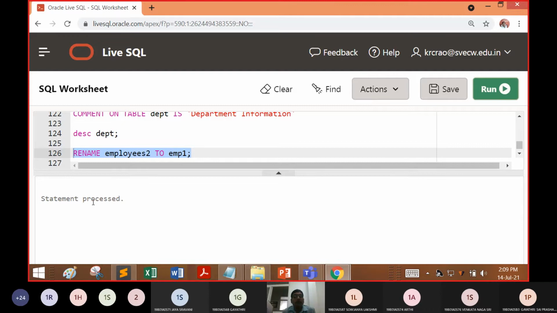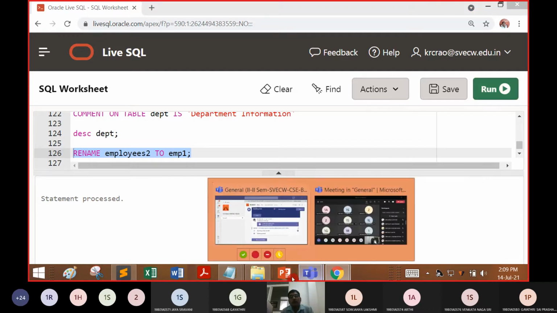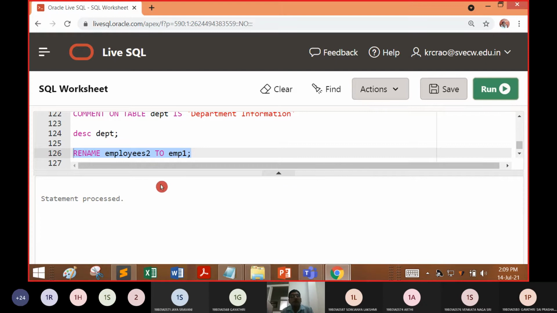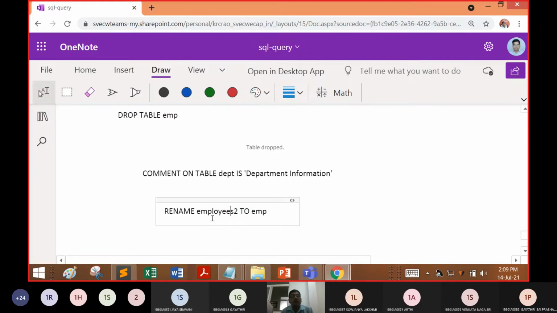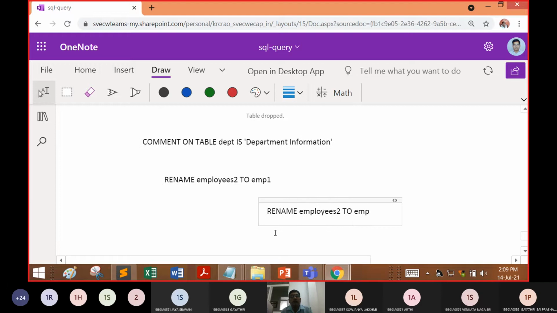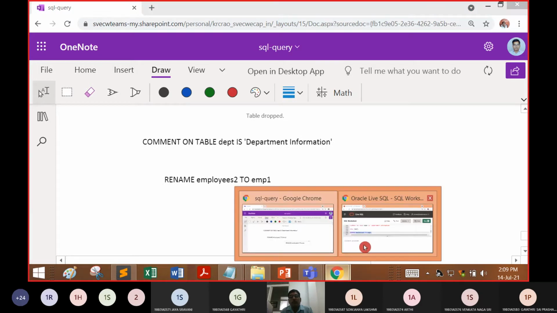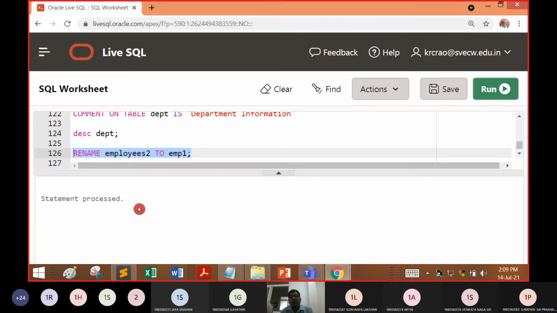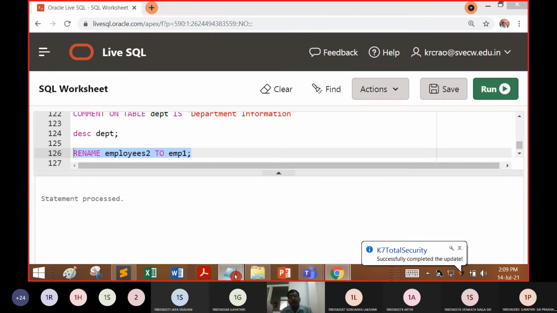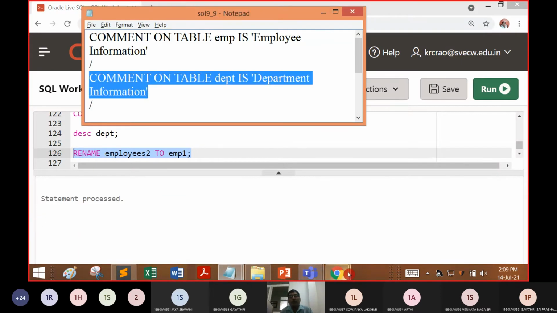Now you can see the statement is processed. I changed it to EMP1, so it gives the answer: statement is processed. Now let us verify whether the change has been taken up or not.